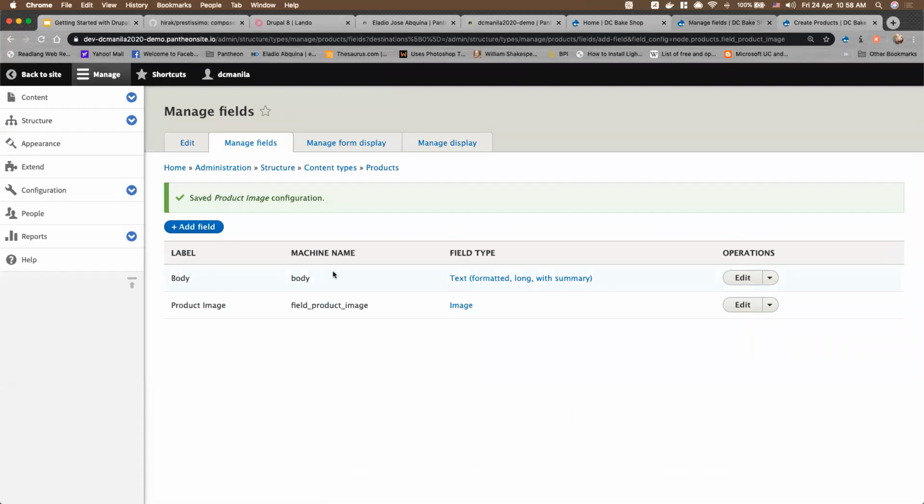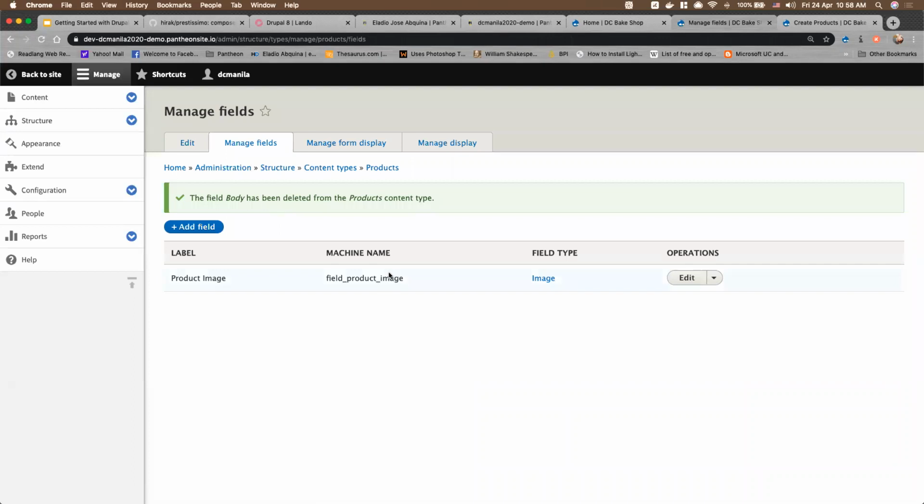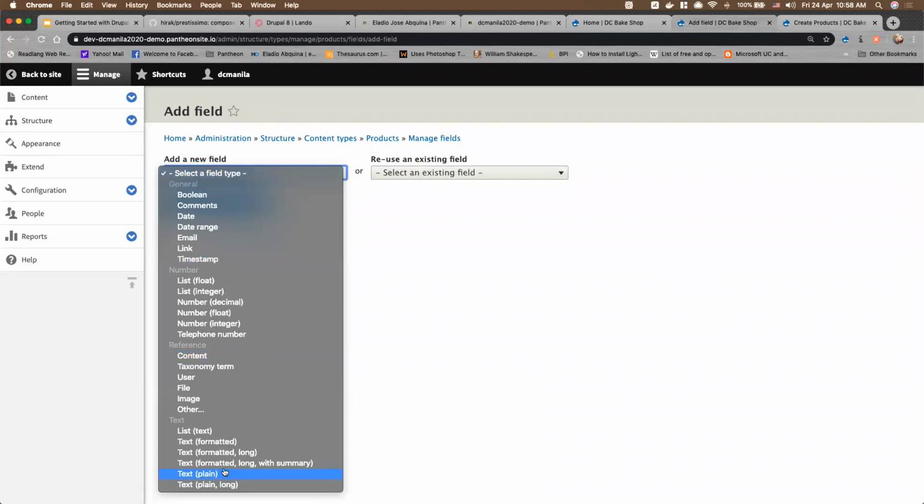You've seen me create a site and there's a default body field here, right? So I think I don't want that. Instead of body, probably I just want to add a description field. So body is like super long, probably just want a short version of it. So I'm gonna add a field again, but this time I'm gonna add a text without summary. So I'm just gonna add text